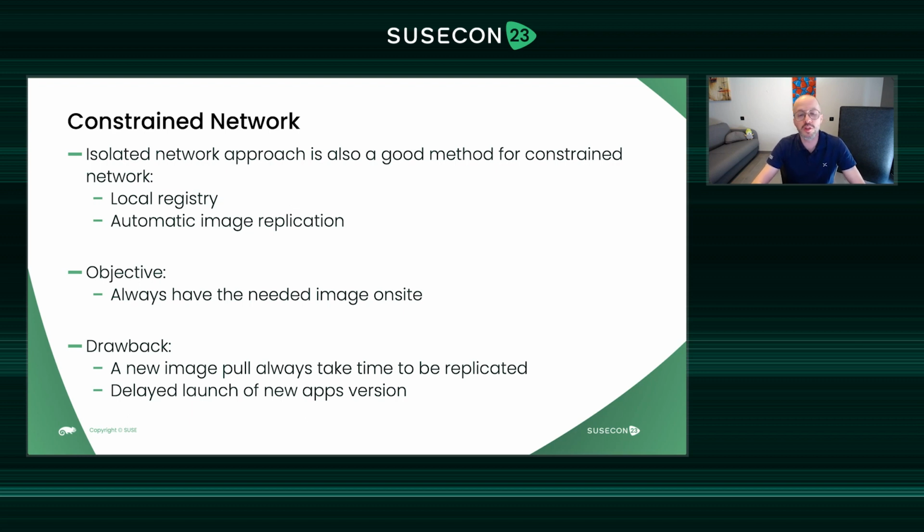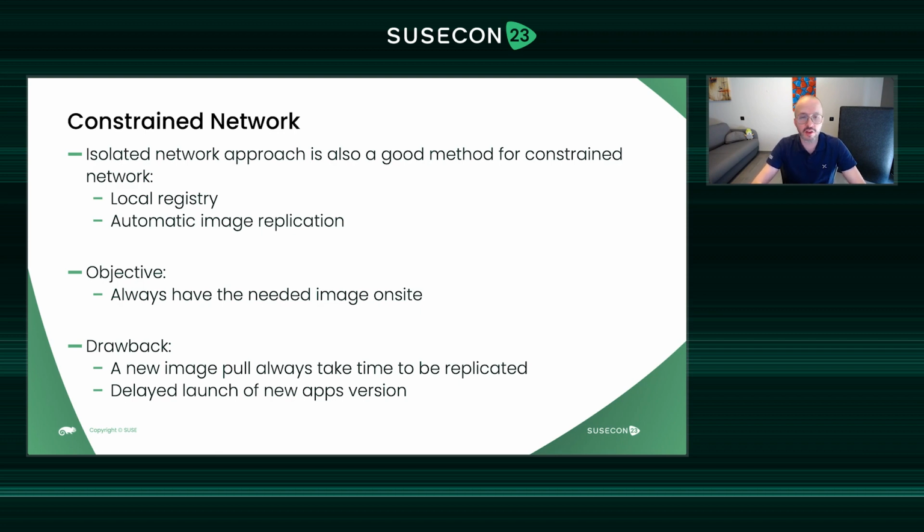Potentially, if you have multiple pods that need to use the same image, you will always go to the local image. So that's also a gain of bandwidth, or a gain of quota if you have a limited quota on your bandwidth connection. The drawback of this approach is when you need to implement a new app that is not already inside the local registry. For example, the developers inside the main data center of your company have prepared some new images, and you need to deploy them inside this constrained edge remote site.